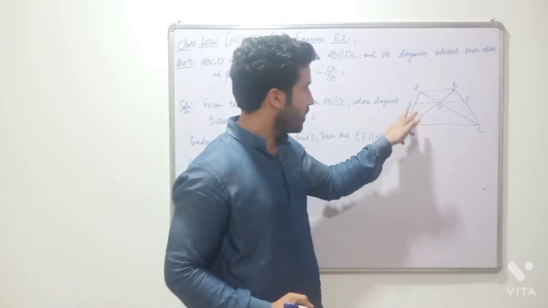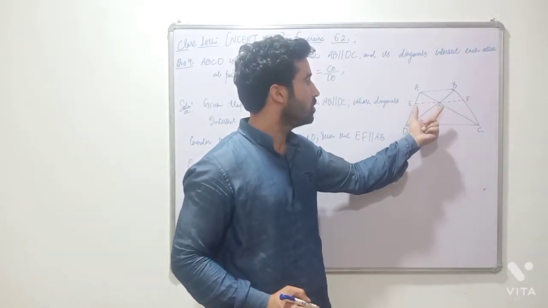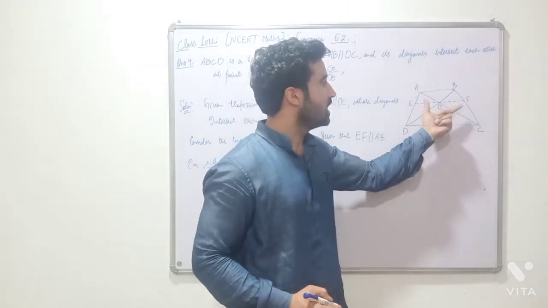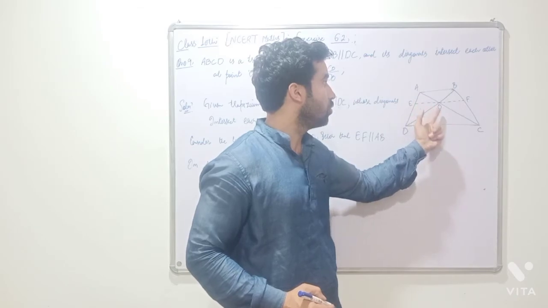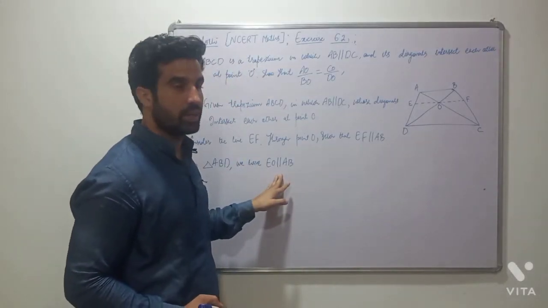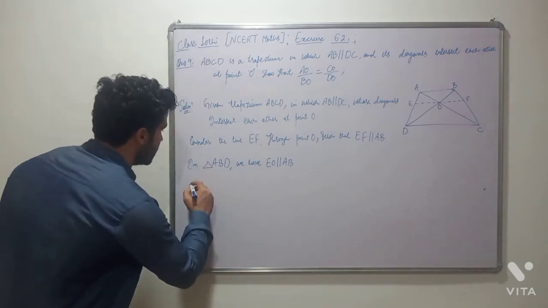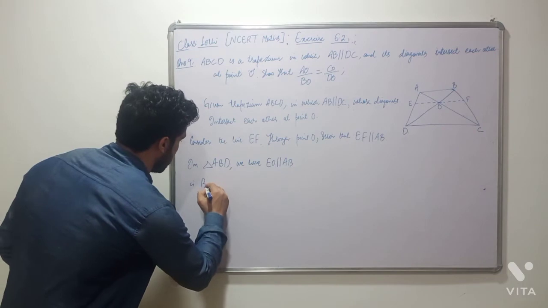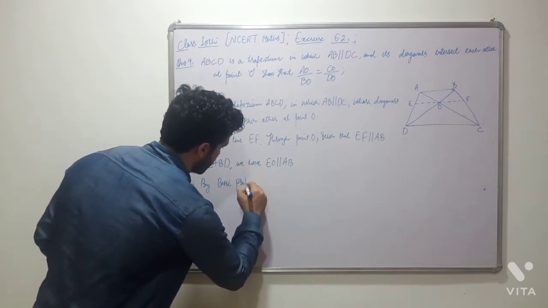Okay, now this EO that I have is actually the part of the same line. This EO is actually the part of the line EF. Once EF is parallel to AB, this means definitely this EO will be parallel to AB, and that is what I have written here. EO is parallel to AB. Now apply the basic proportionality theorem. So we may write here: therefore by basic proportionality theorem,